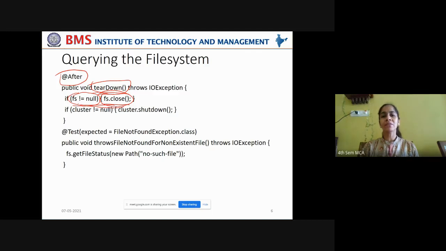What is your next task? You have to close the cluster also. You have to shut down the cluster also. This is a good programming practice. Why? Because you don't want the cluster to be unnecessarily up and running. You have to utilize the resources optimally. So whenever a cluster is not being utilized, it is always a good practice to shut down the cluster. That is what you're doing in this